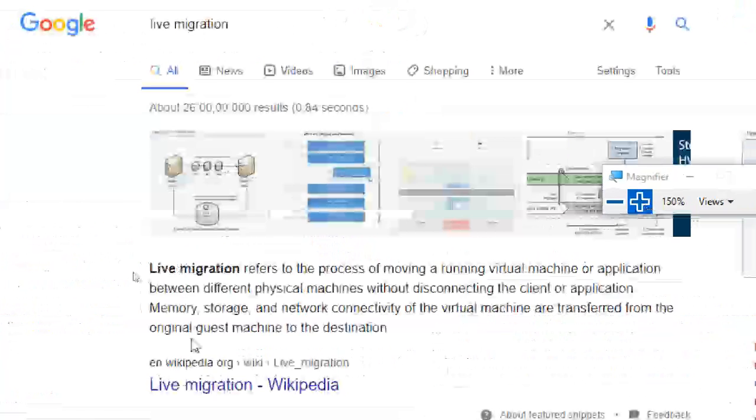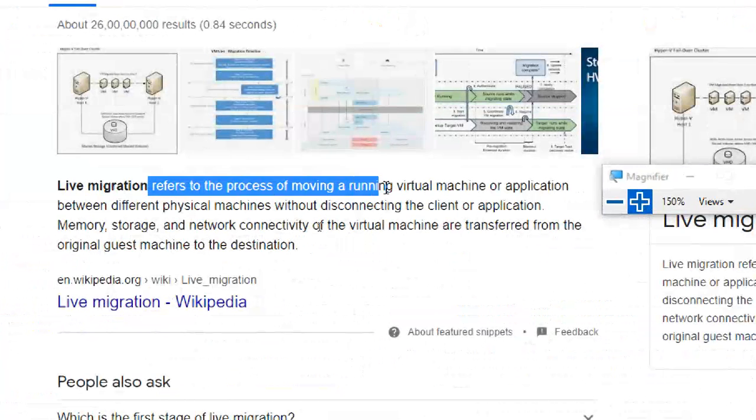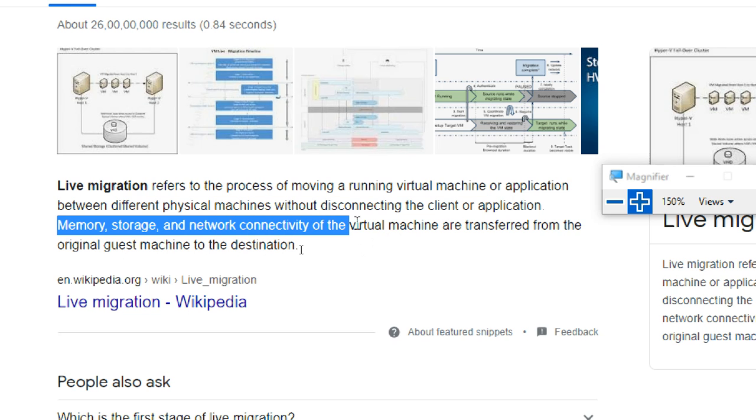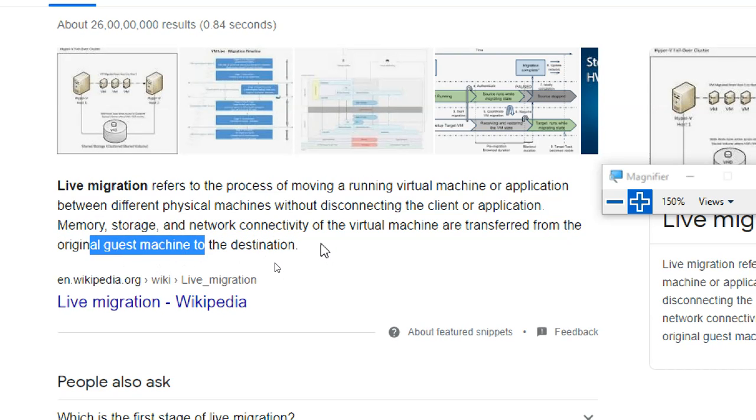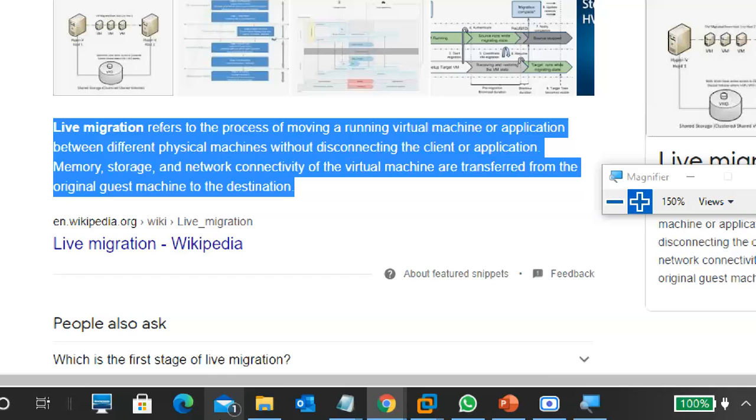You can read this one. It refers to the process of moving a running virtual machine or application between physical machines without disconnecting the client or application. Memory, storage, and network connectivity of the virtual machine are transferred from the original guest machine to the destination. This is called live migration. Very good. Easily it is given.